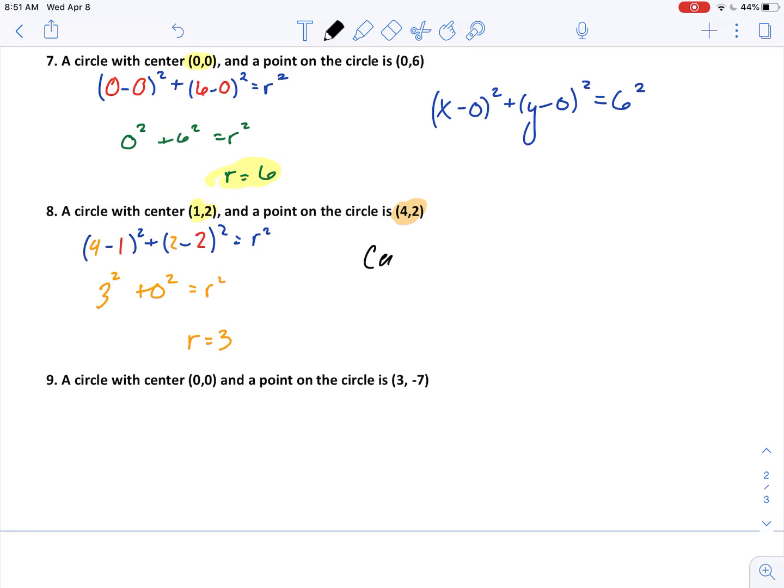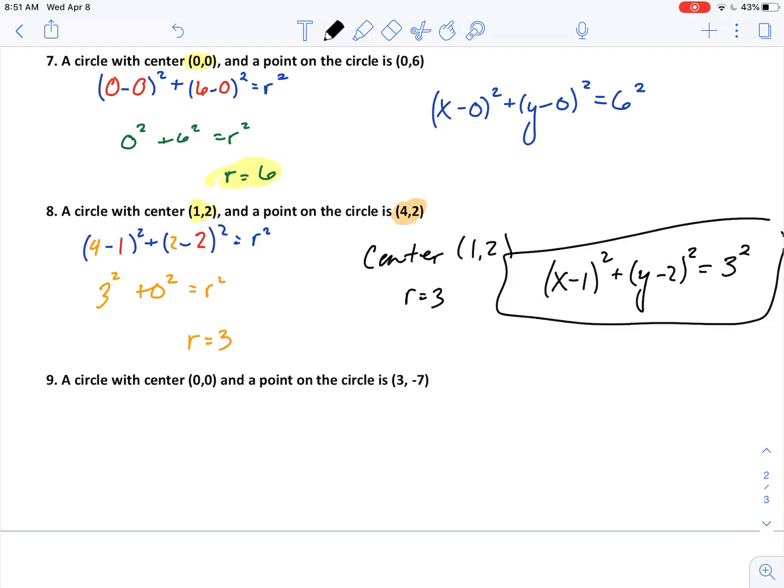So it's 3 squared plus 0 squared equals r squared. Or 9 is r squared, or r is 3. So once I've got center 1, 2, and r is 3, then I can say x minus 1 squared plus